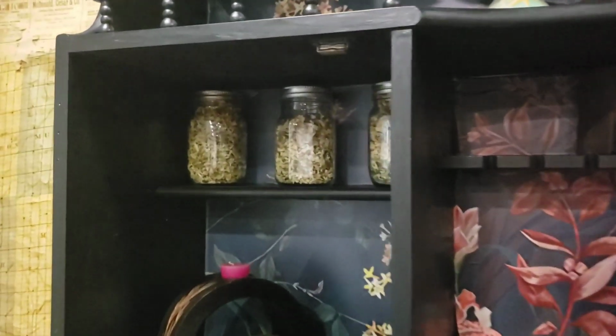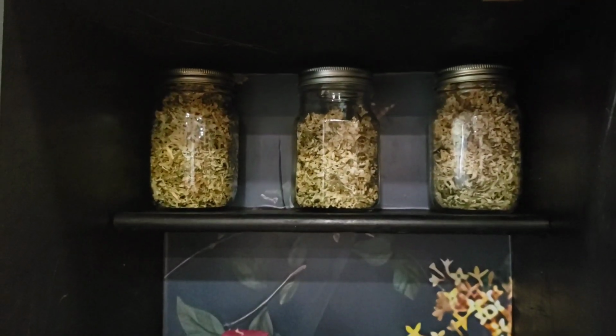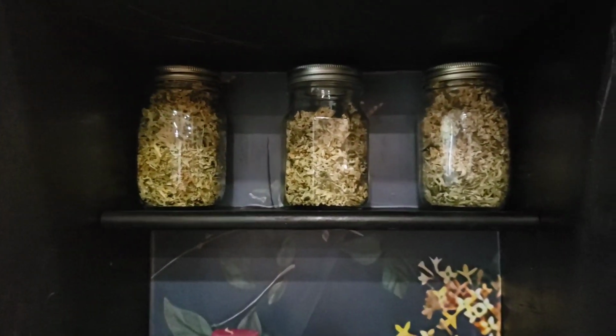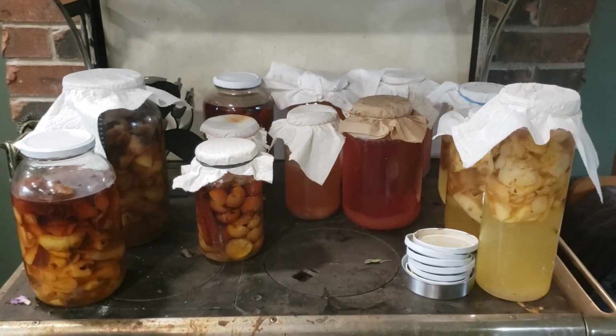And then over here, again, grated zucchini dehydrated. So I think this will be really easy to toss into any sort of soups, stews, stir fries, that sort of thing. Lastly, for my kind of working pantry, canning pantry preps that I have going on,